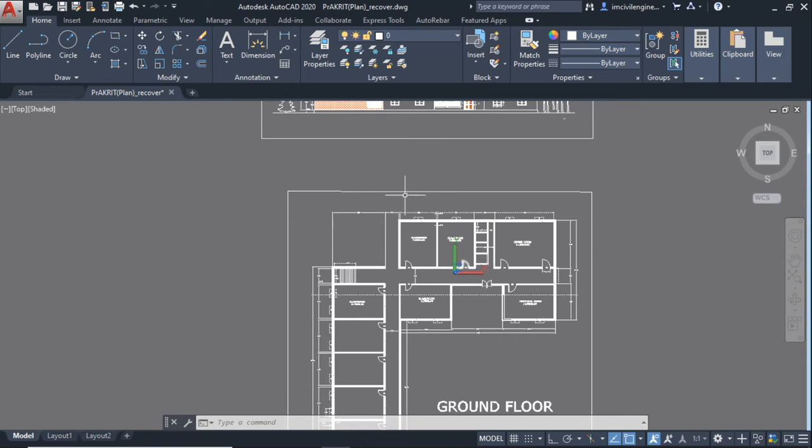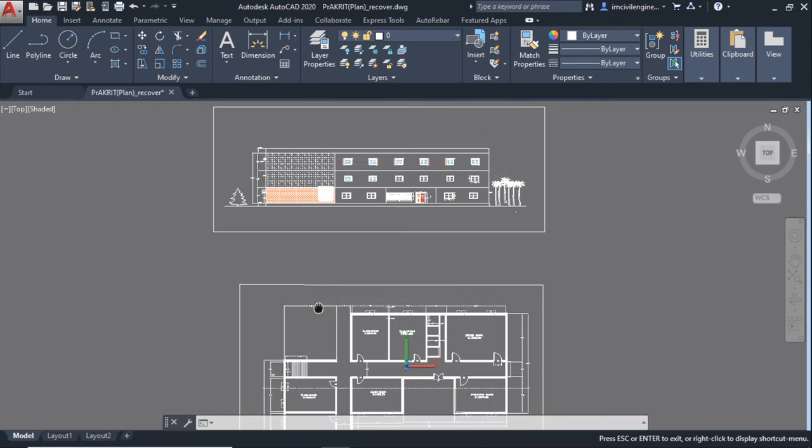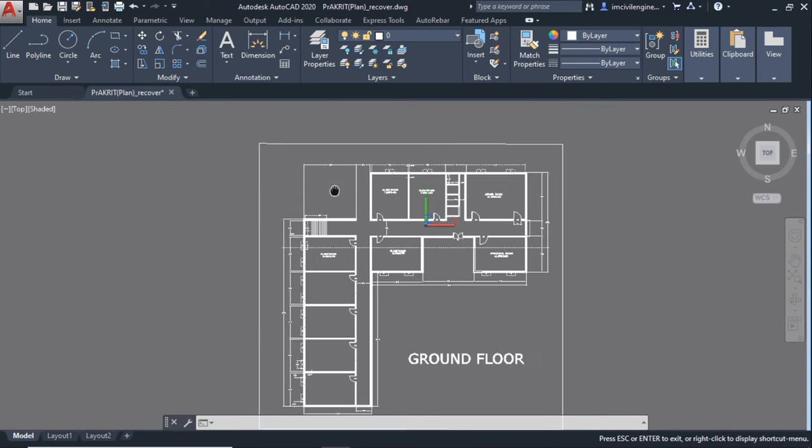The toilet room will be outside. It does not require drawing the toilet room. You can see here, I will take some screenshots from this project and share them with you in the group, and I will also give the link in the description for those who are watching the video.